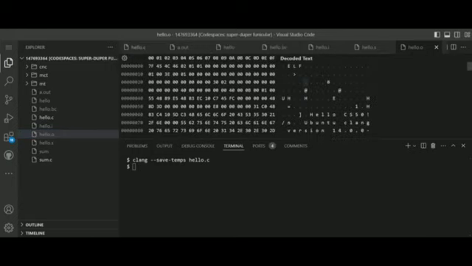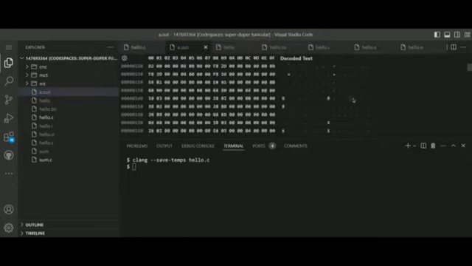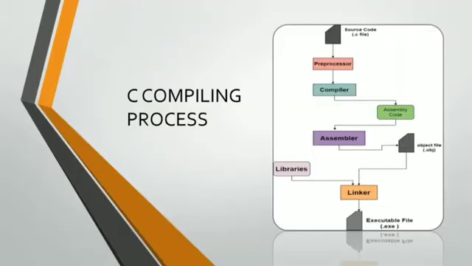The C compiling process: the source code, which is our .c file, goes into the preprocessor, which produces an extended source code, and the compiler changes it into assembly code and the object file .o, along with libraries. So the compiling process means source code goes into the compiler, assembly code into the linker, and it